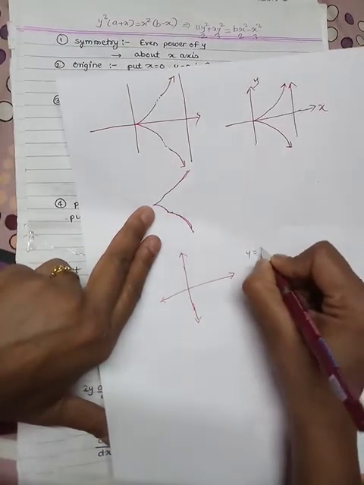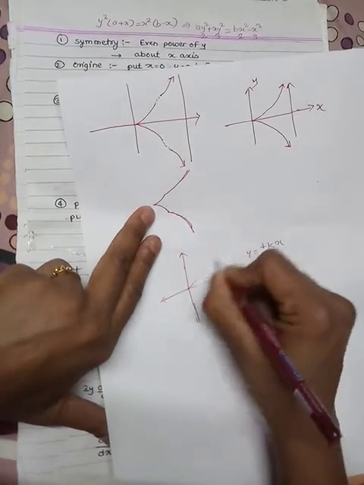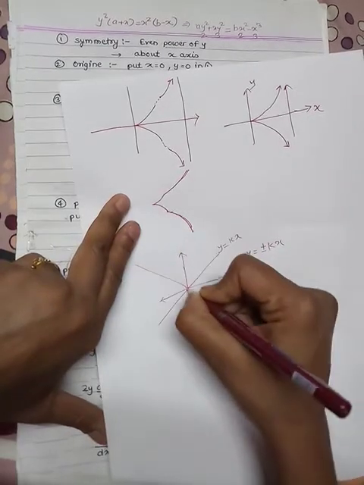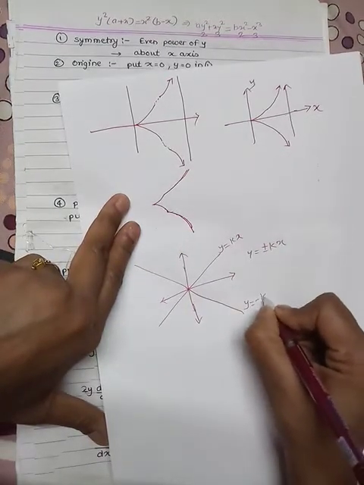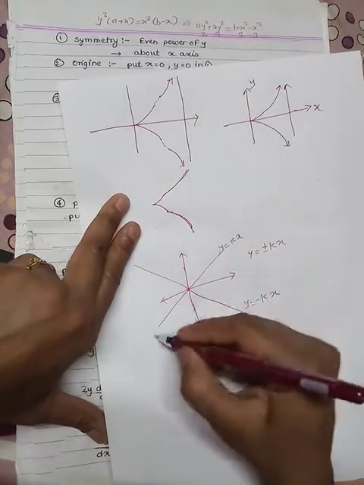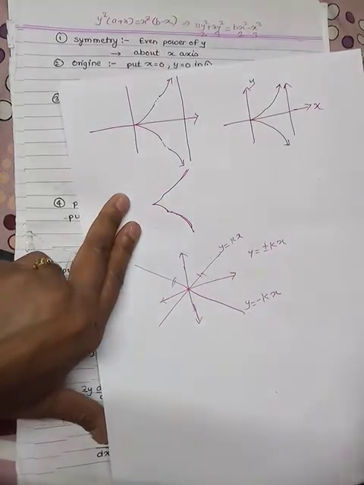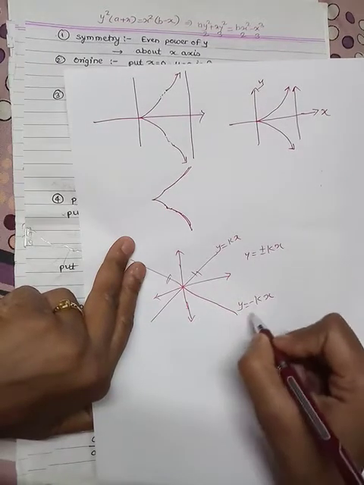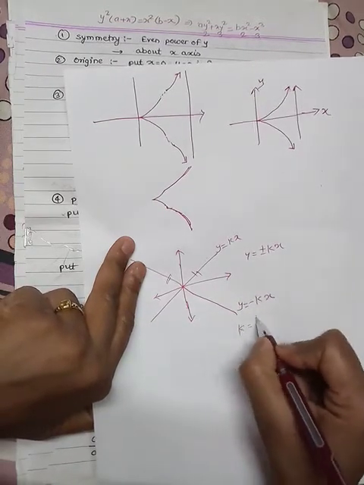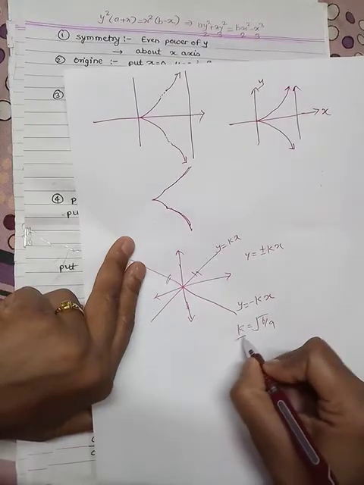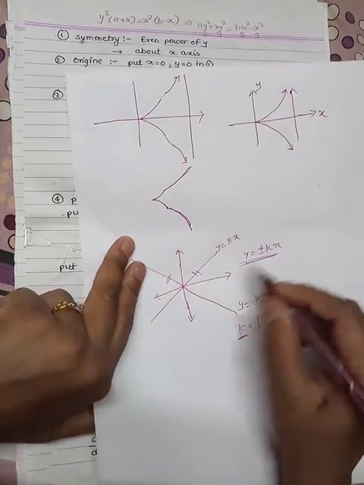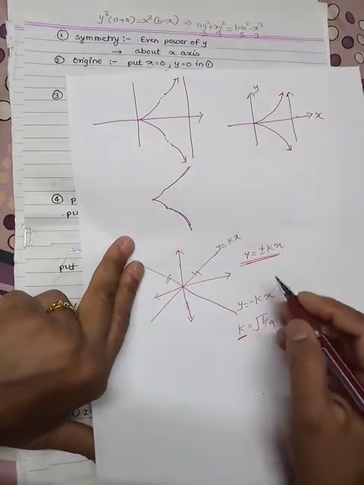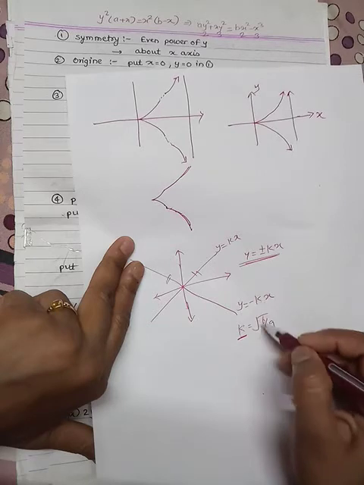So if y equal to plus minus kx, this is your equation of y equal to constant into x, and this is your equation of y equal to minus constant into x. So these are your cross tangents. So here in this example we get k value equal to root b by a. So any constant, this is the general equation of these cross tangents. So here in particular in this example we have k equal to root b by a.